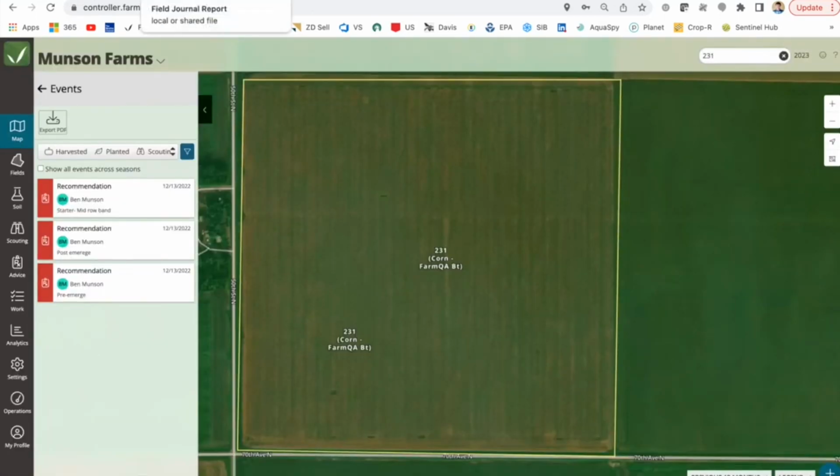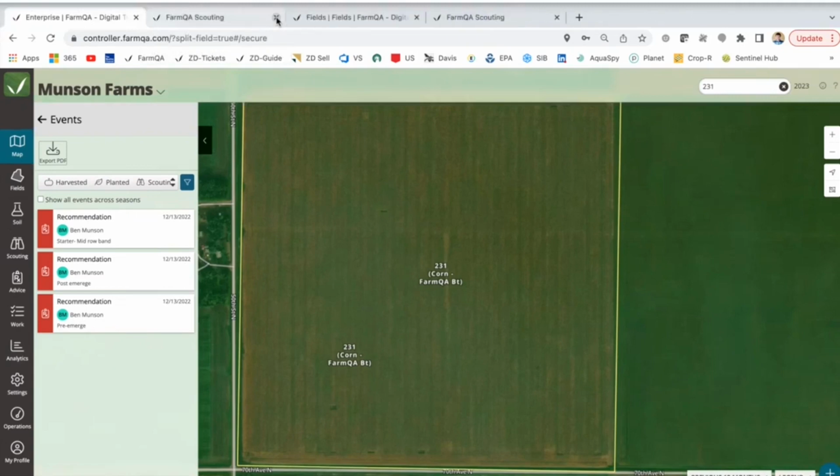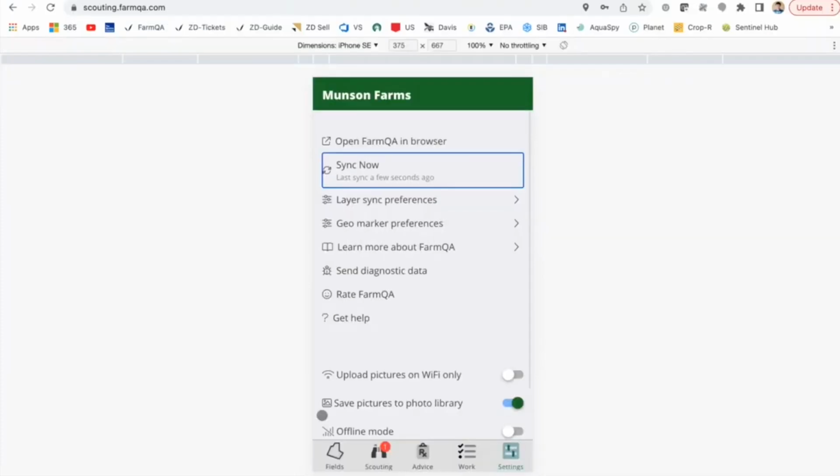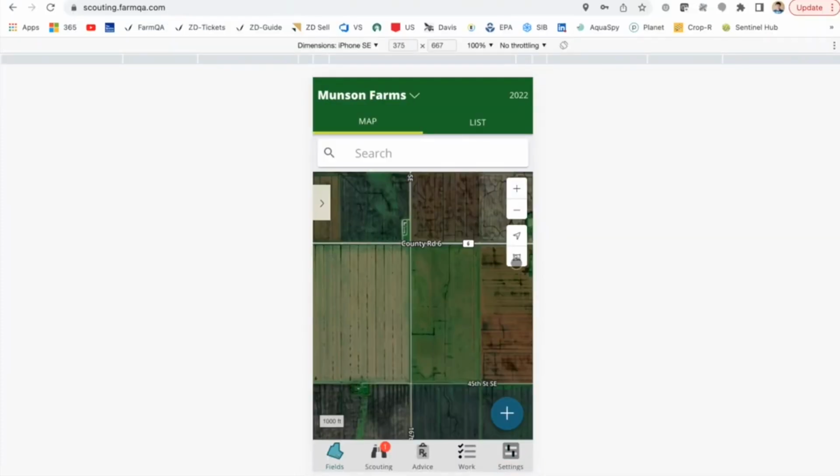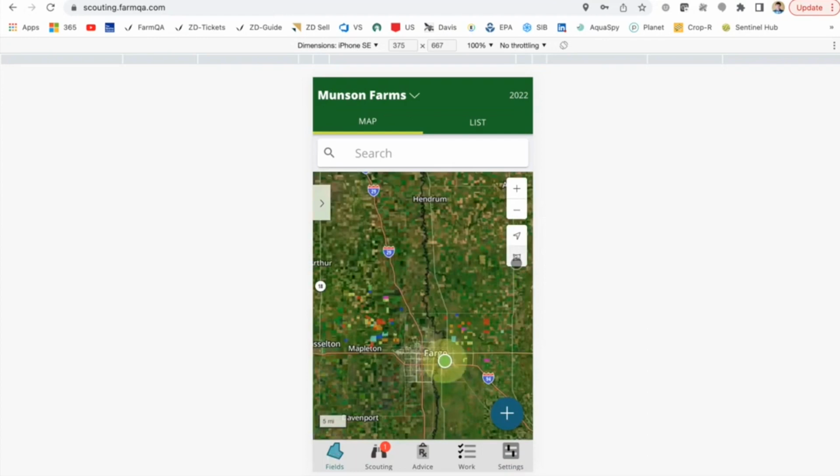Now, I know we're getting close on time, but I want to point out a few things that would be new to our users going into 2023 that were not available in 2022, which are the changes that you can make on the mobile application. So what we can do here is you can create a plan, but when you're going out to scout for the first time and you realize that the variety is not correct or the crop has actually changed from the plan,